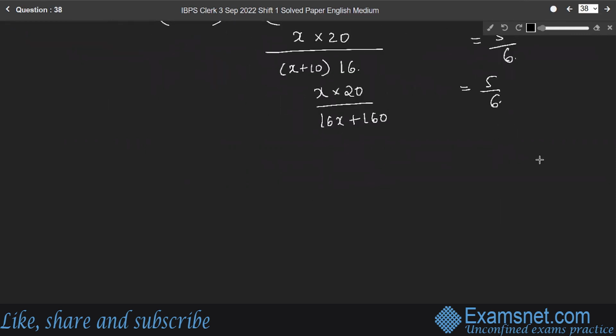Therefore, simplify it. So 20X into 6 is equal to 5 into 16X plus 160, which is 20X into 6, which is 120X is equal to, so 5 into 16,